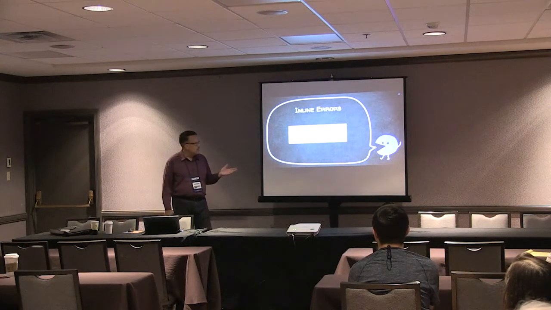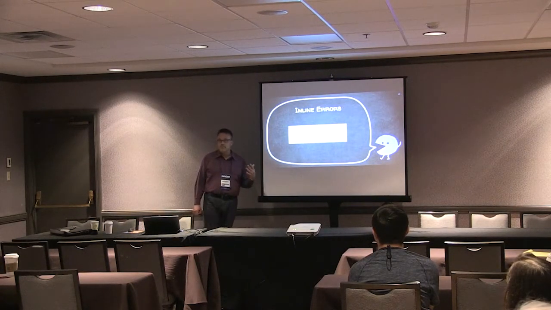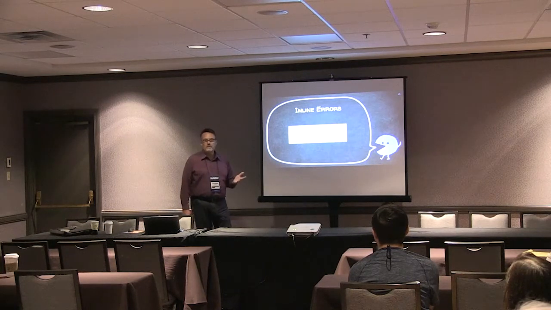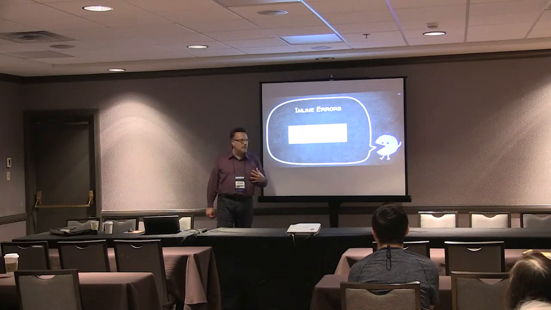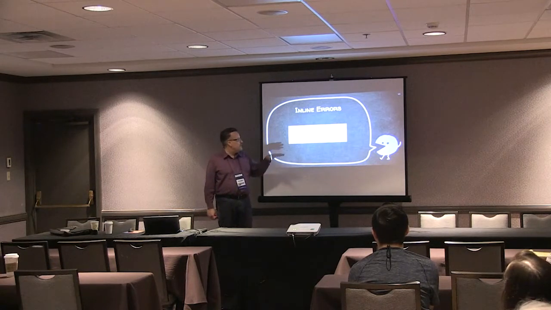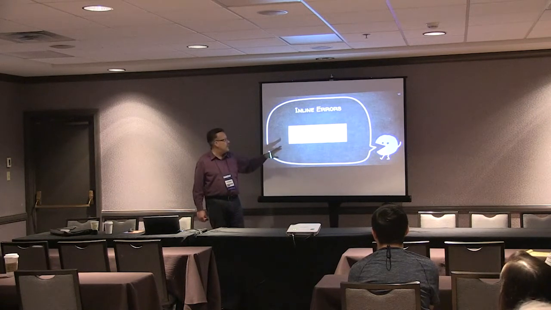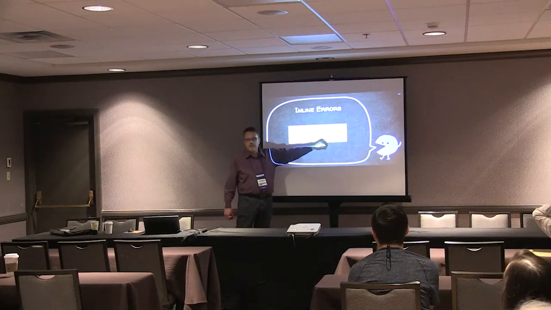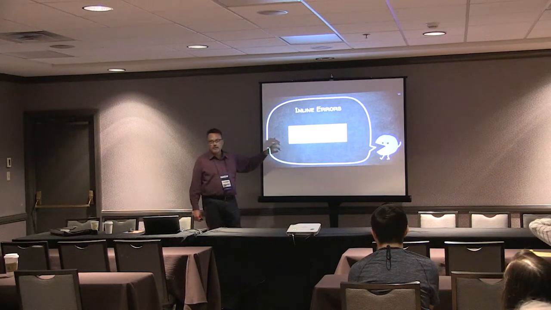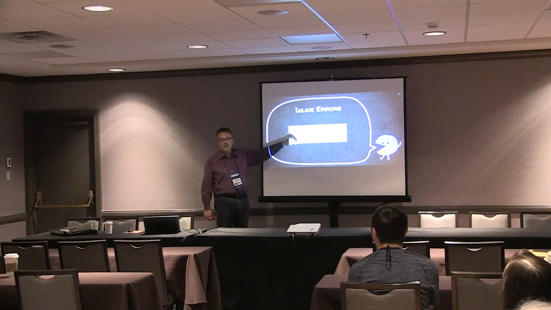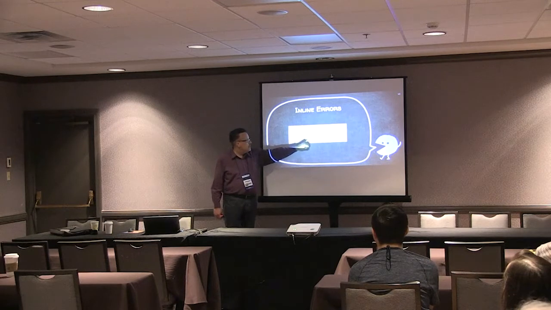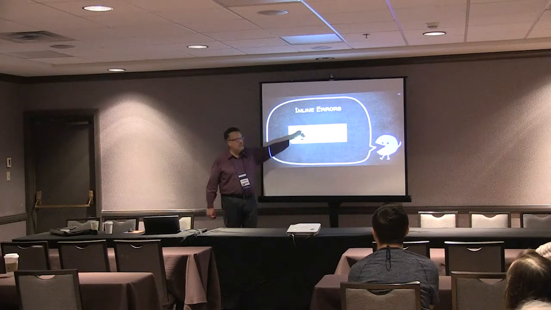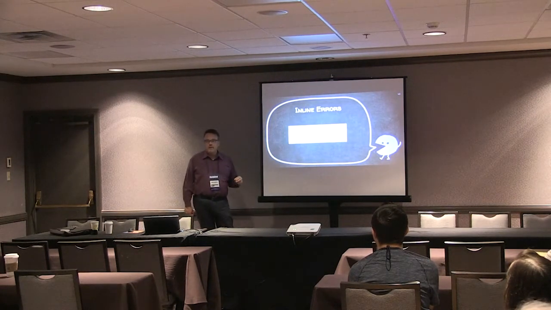Then inline errors. This can be helpful for users who zoom a page, or users with certain cognitive or learning disabilities who might find it easier to have the error information in context. You can put the error information adjacent to the field that has the error. When the user submits the form, focus would be set to the first field that has the error, and then this text is associated to the input with an attribute called aria-describedby that I can go into detail on one-on-one if anybody wants to know more about that.